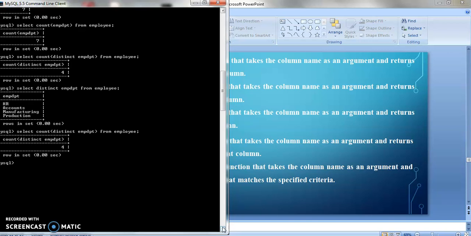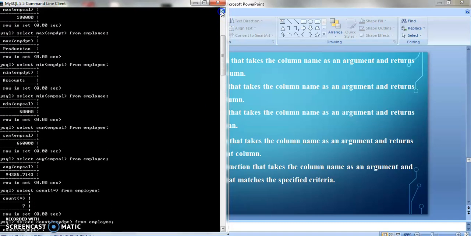Now I am putting some criteria. I am removing distinct and putting a condition: how many departments there are where designation is DGM.